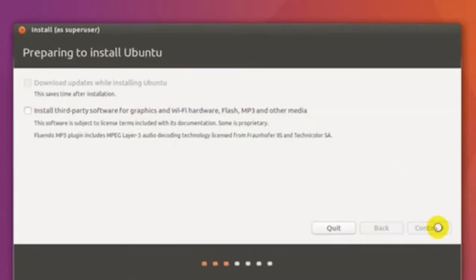You can also install third-party software for graphics, Wi-Fi hardware, Flash, MP3, and other media at the time of installing Ubuntu by selecting Install third-party software for graphics, Wi-Fi hardware, Flash, MP3, and other media.